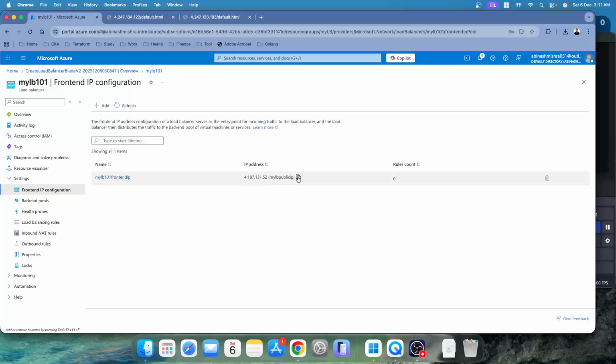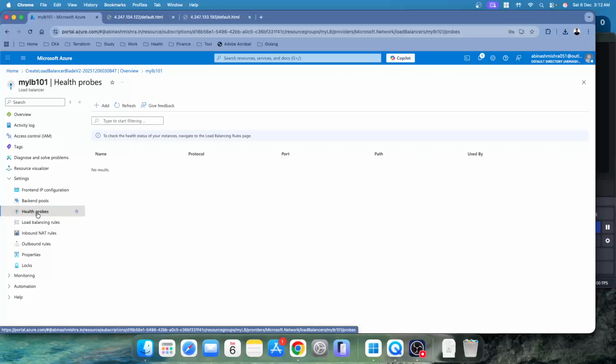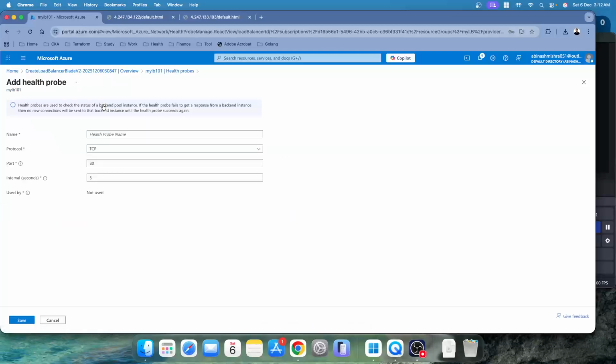Here we have our front-end IP as my LB public IP. Here we have our backend pools, which consist of VMLB1 and VMLB2, and also we have the health probe. We also have to add the health probe, and I can